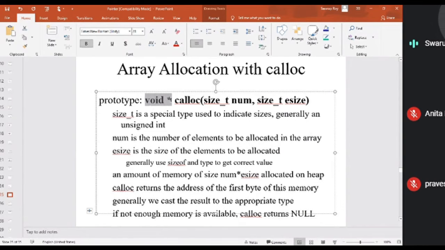And what is a void pointer? This is the return type. A void pointer is a pointer which, as you may remember, can take the shape of any data type pointer. That's why, to make the return type general, the function always returns a void pointer. The array may be an integer array, a float array, a character array, an array of pointers, or an array of structures. So it can be anything.